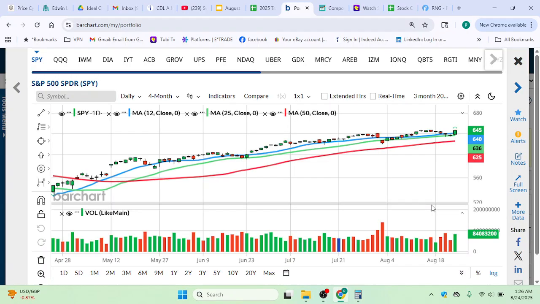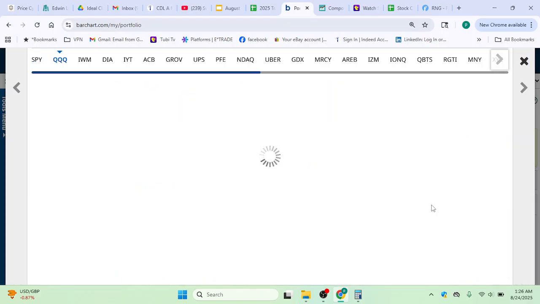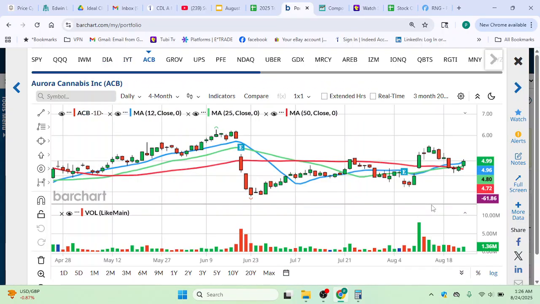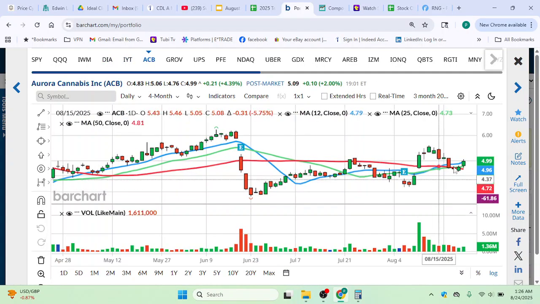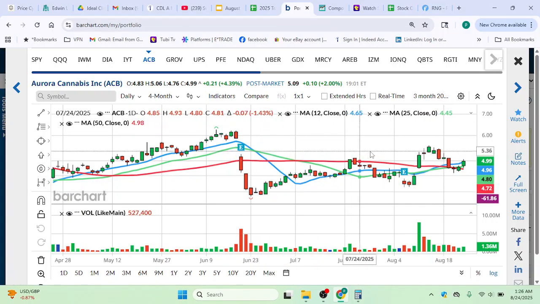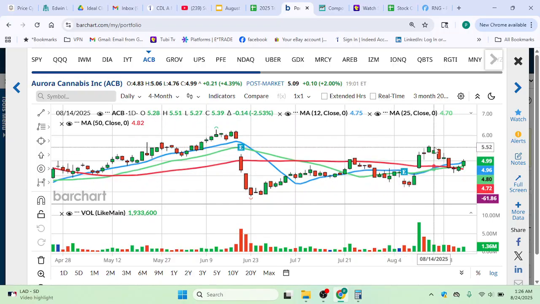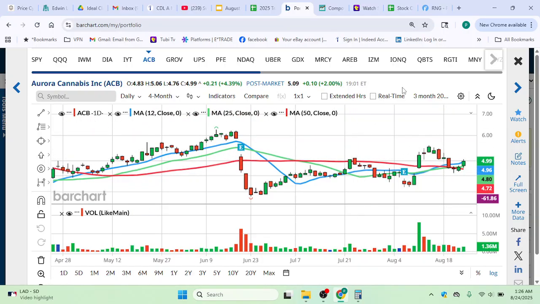So again, we're in a bullish environment. Some groups will be moving up and some won't. But for whatever reason right now, cannabis stocks are starting to move. And this company, ACB, kind of moved up. It had this double bottom. Here's a bottom, here's the slightly higher low, and then it moved up, pulled back, and has a little bit of a buy setup there.